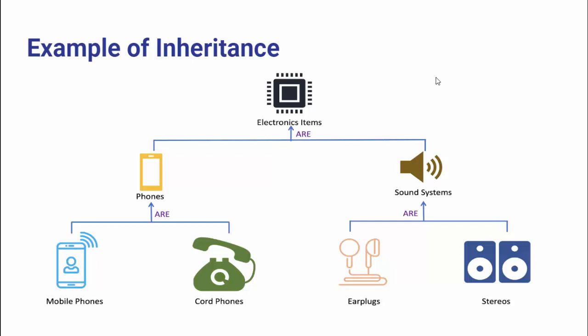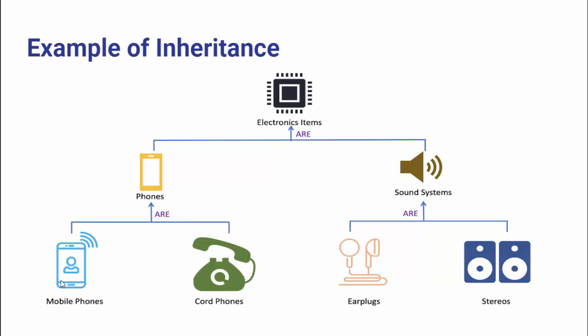What will be the benefit of inheriting the phones? Now you can see that in the phones we can make a call and message. So when we inherit the functionality of phones in the smartphone, we can make calls and messages by using the implementation of phones. And the same goes for code phones. In the code phones, we can use the existing functionality of phones for making a call or dialing a number.